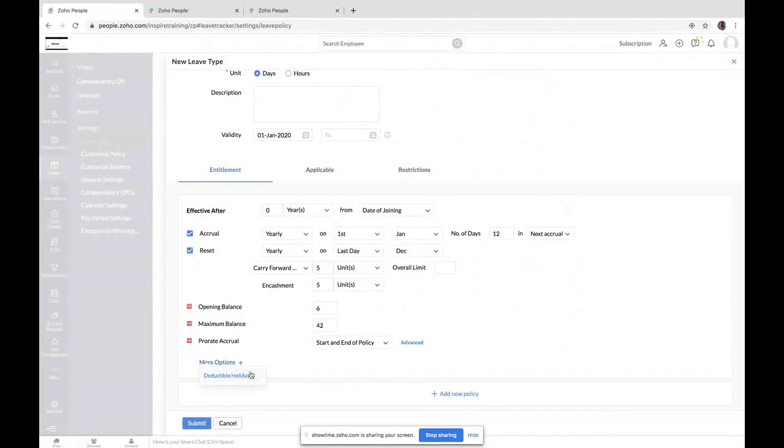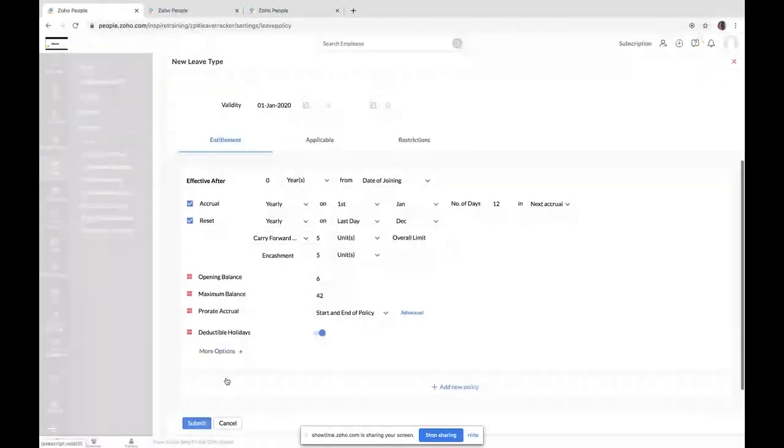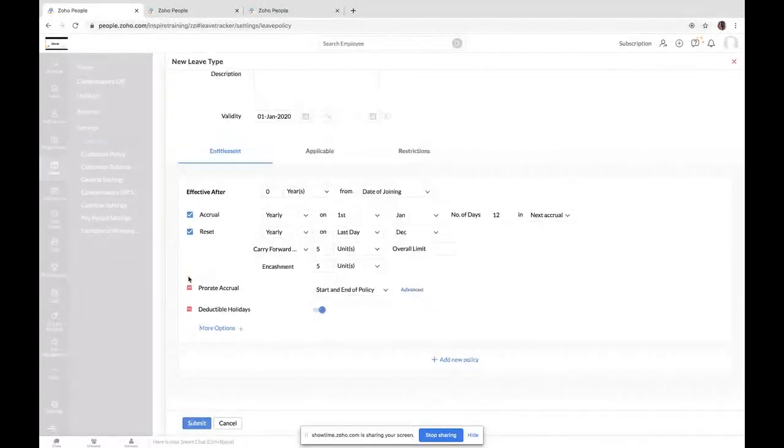Another option we do have under more options is deductible holidays. This is actually used to support the UK compliance for annual leave, where the leave balance that is provided is inclusive of the bank holidays that an employee is applicable to. Say it's an annual leave of 28 days on a yearly basis.